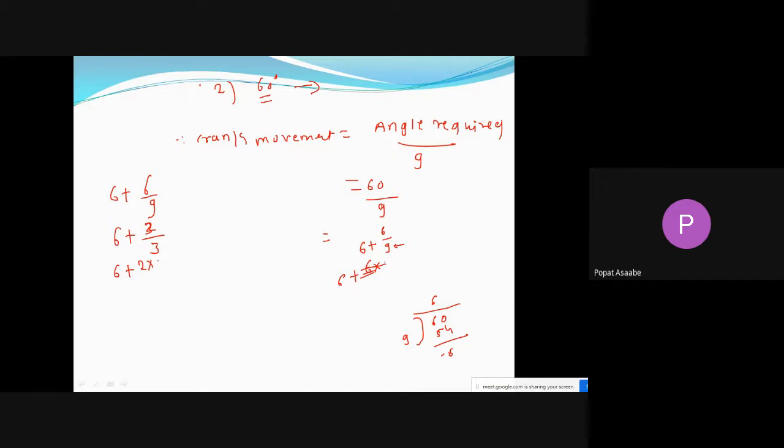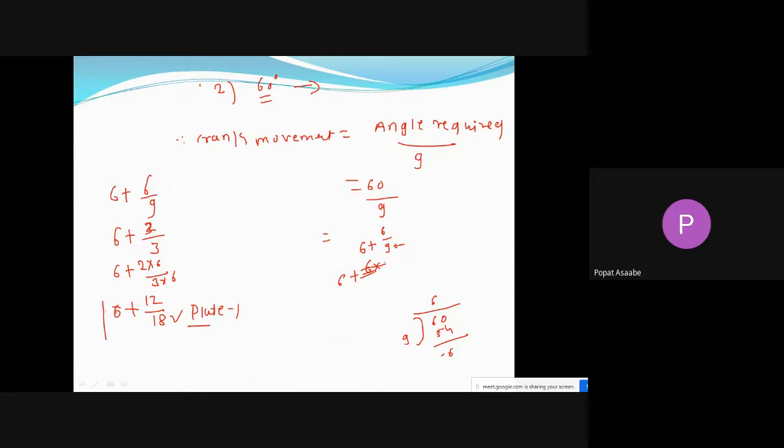Then again we have to multiply it by 6. Then what is the answer? 6 plus 12 divided by 18. Check in which plate that 18 number is available. I think it is number 1. Am I right? Yes, sir. Correct. It means we have to select plate number 1.